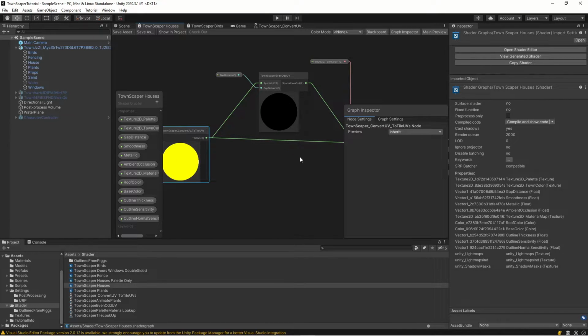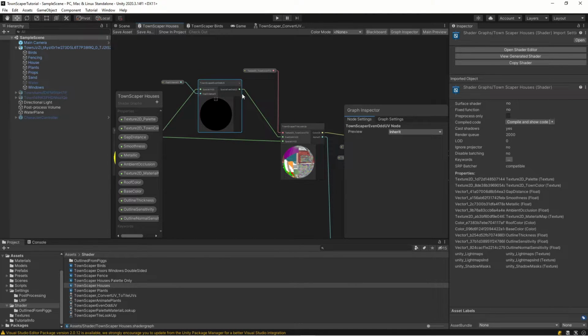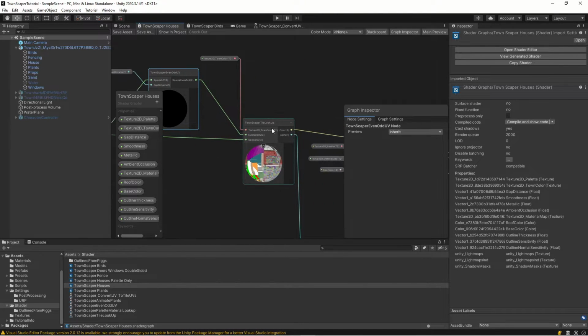And then we have this special even-odd function that gives the different gaps between the tiles that creates this special style. And we take those outputs and we feed them into a tile lookup that opens up the town